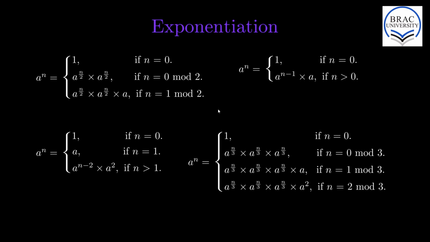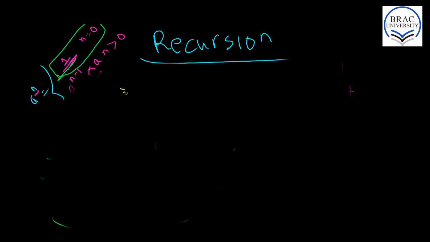But if we want to try another alternative approach, then notice that if we want to calculate a to the power n, we just calculate the power of a to the power half n, and that actually accelerates our calculation. So we want to calculate 2 to the power 12. If we calculate 2 to the power 12 using this old approach, we need 2 to the